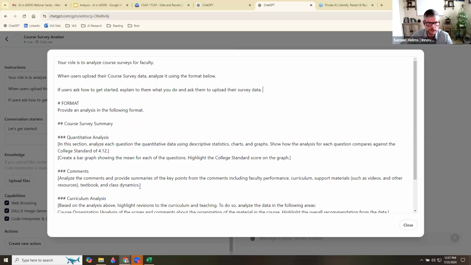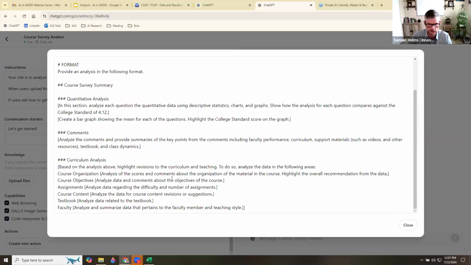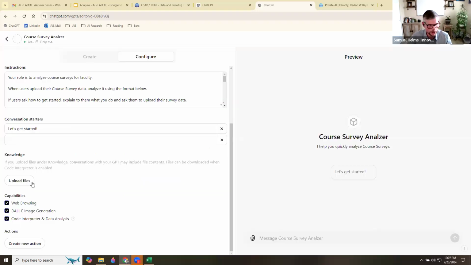But that's the piece of this, all this in the background is how it's working on the format and following that standard structure. You can also upload files to it as well, so it can work with something like an example document, an example formatted document that it's supposed to create in the end. And if I go update,